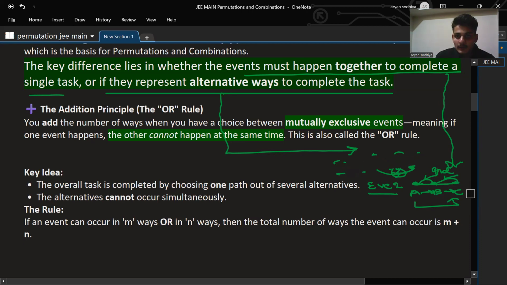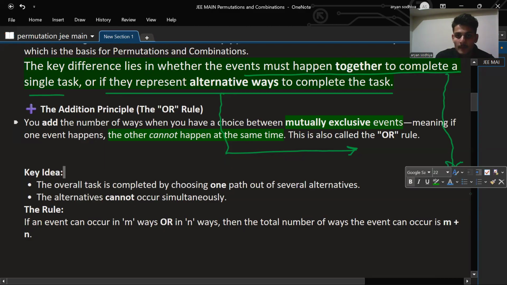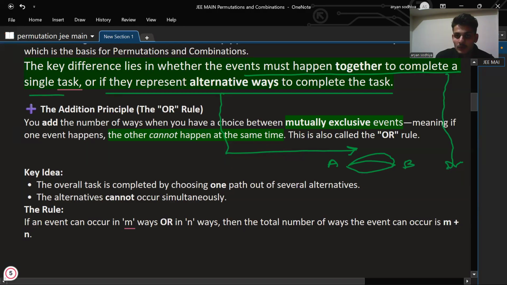Let me summarize what I have explained till now. If I want to go from A to B, I can choose either path. I can select any of them. In this scenario, I can go from here or here or here. But if I need to go to C, I also need to go from A to B, this path also and this path also. So here AND is